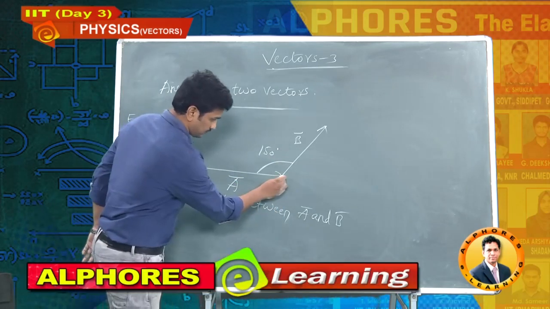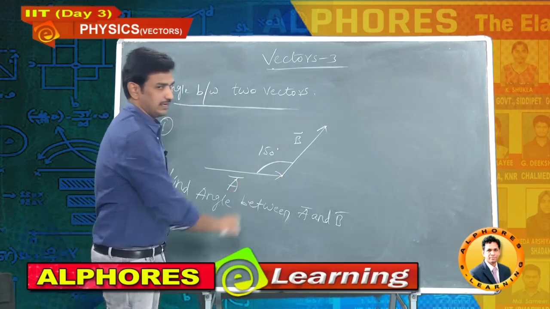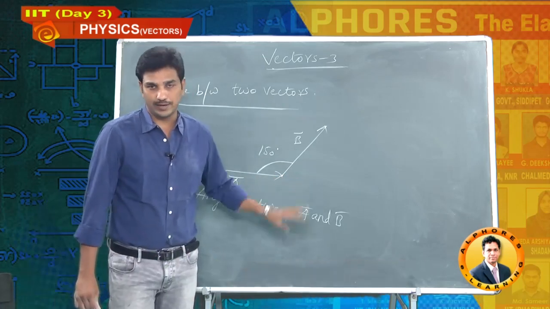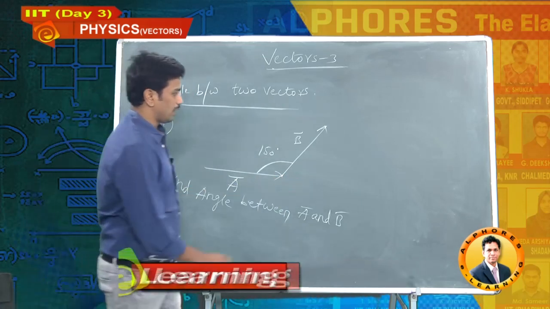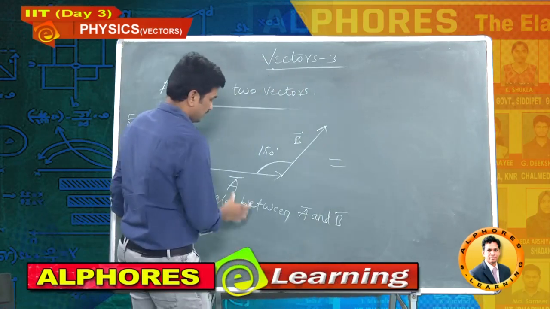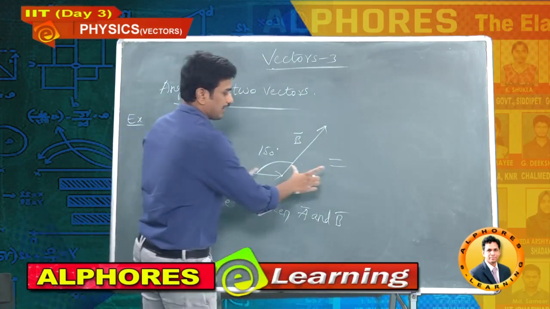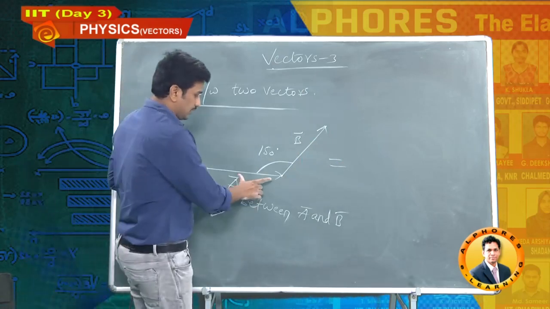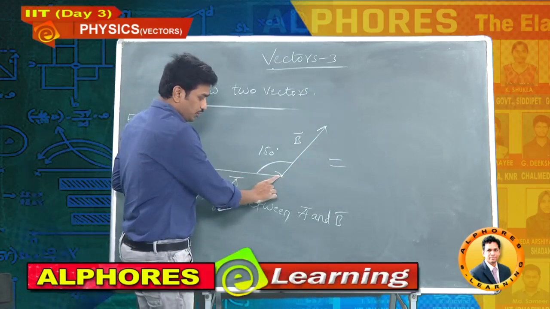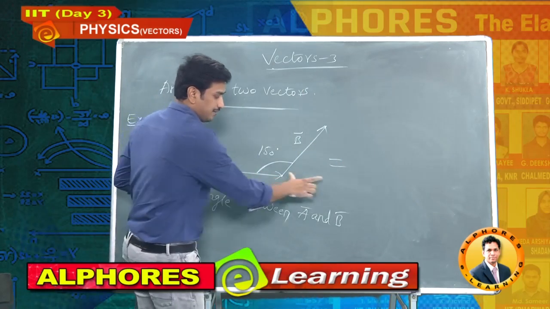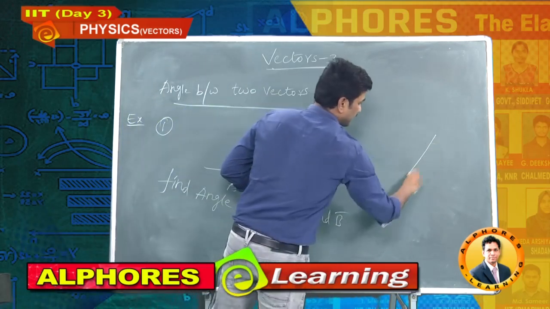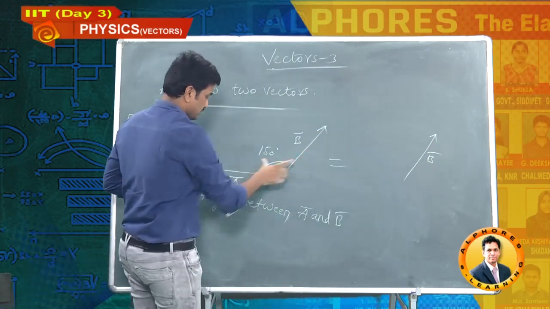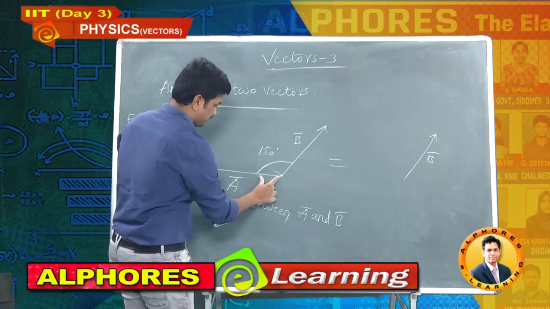See here, head connected to tail. It's not the process of observing the angle between the two vectors. Now, what I am doing here, this A bar, parallel shifting. What is the meaning of parallel shifting? A bar, don't change the length and direction, you can place it anywhere. B bar as it is, and this A bar I will bring here, same thing.